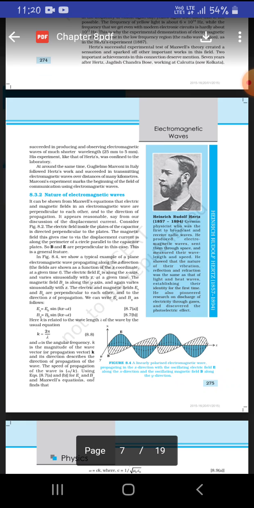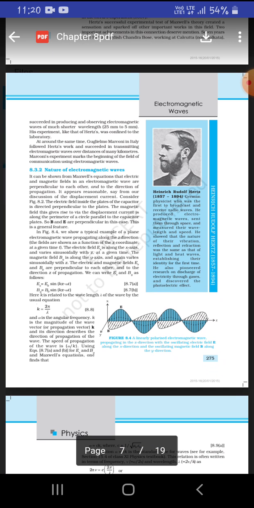Let's come to the next topic, which is the nature of electromagnetic waves. Maxwell said that the electric and magnetic fields in electromagnetic waves are perpendicular to each other. The electric field inside the plates of a capacitor is directly perpendicular to the plates,